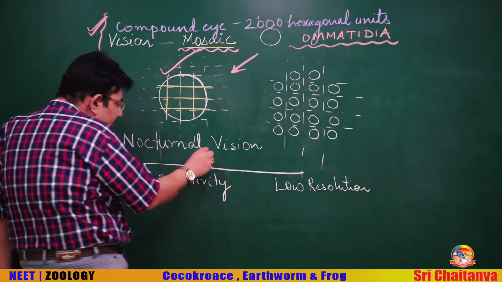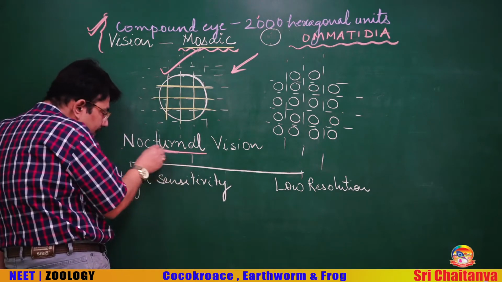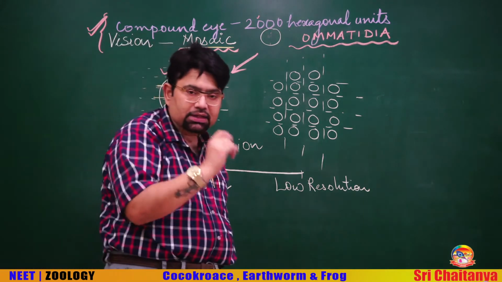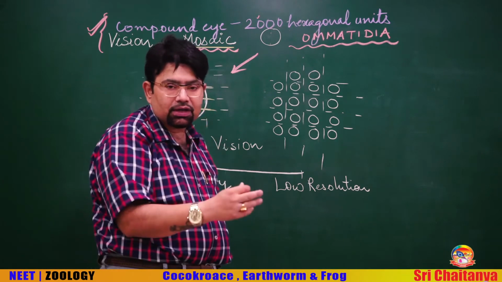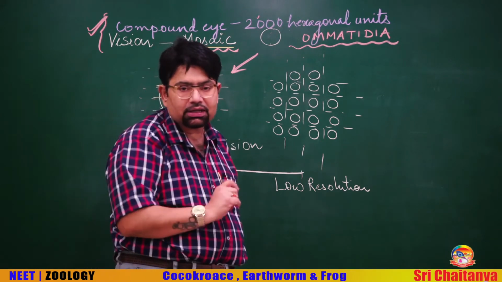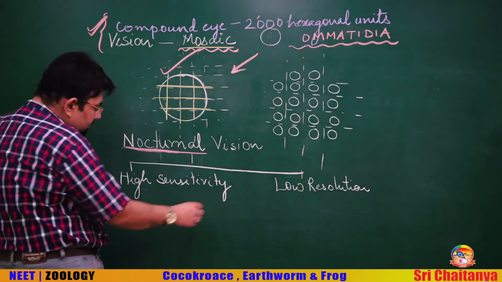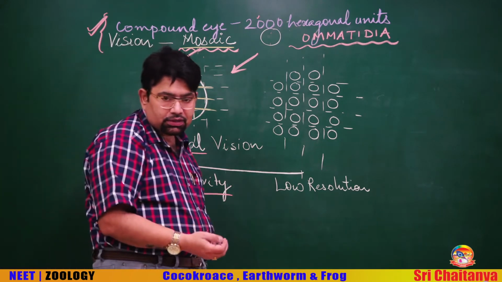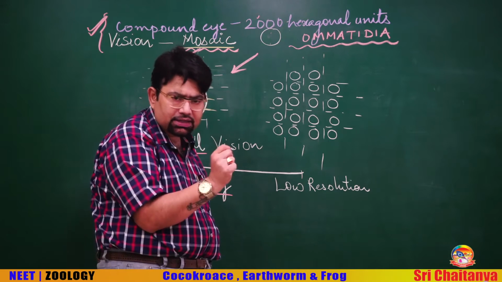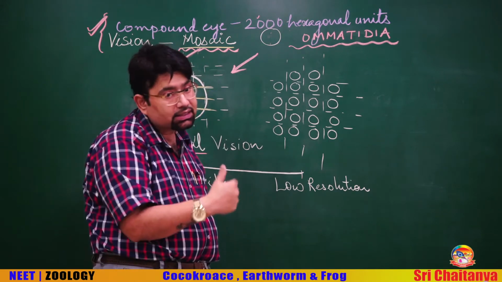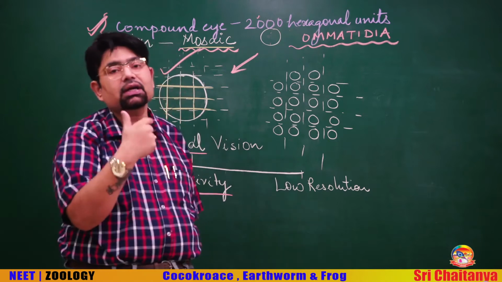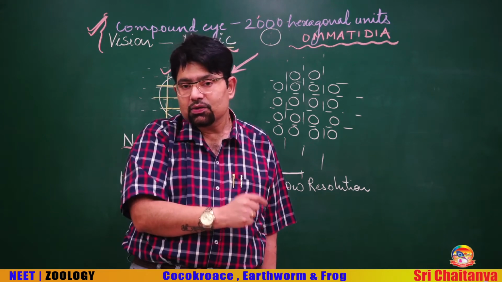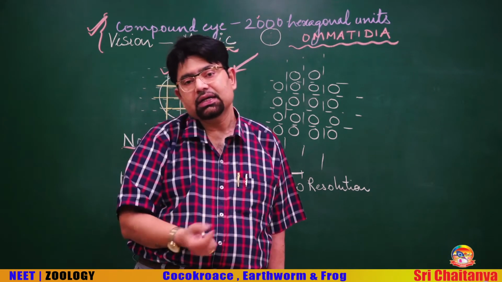Now, since the cockroach is a nocturnal animal, it has a vision which is characteristic of nocturnal animals. What is that? At night, the light availability is low. There is twilight or dim light. So, in such cases, the sensitivity of the eye is very high, so that even mild light rays can be sensed by it. At the same time, high sensitivity comes with low resolution. So resolution is compromised, wherein sensitivity is very high in such vision.